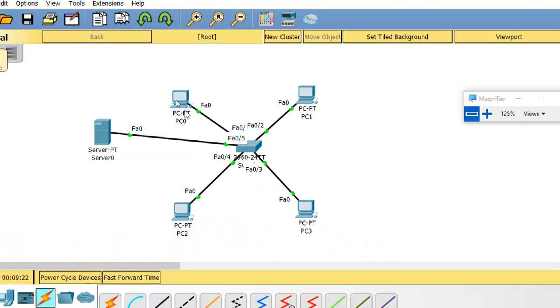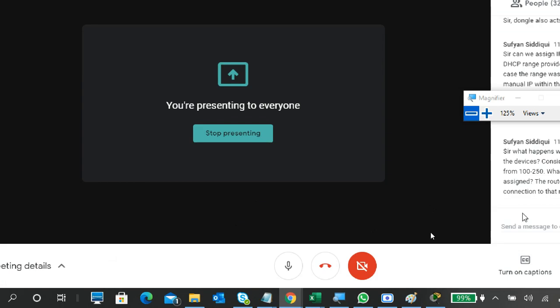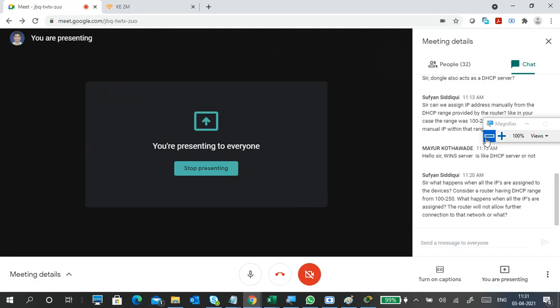It means the DHCP server will check it. If any conflict occurs, it means 1, 2, 3 should be assigned here. What I did, I manually assigned 3 already. So what did it do? It went to the 4th one. So the DHCP server will avoid the conflicts. So that is okay here. Understand? So if you assign manually to something, you can get it. I think Siddiq, you got the answer.